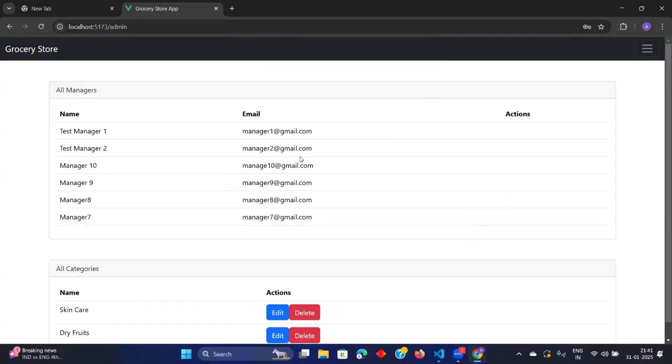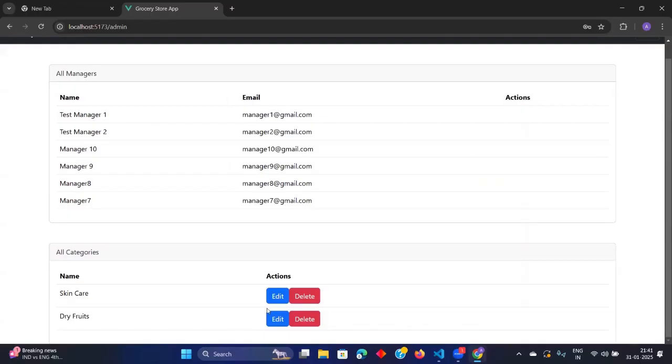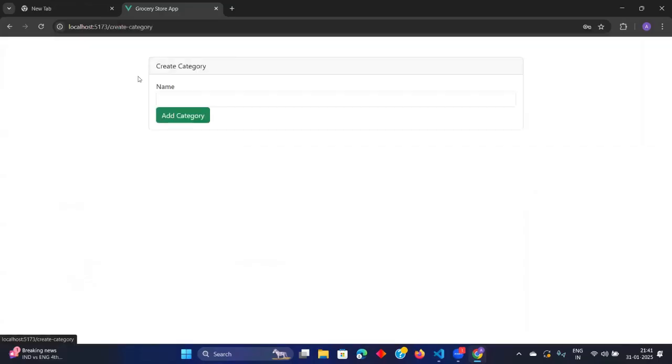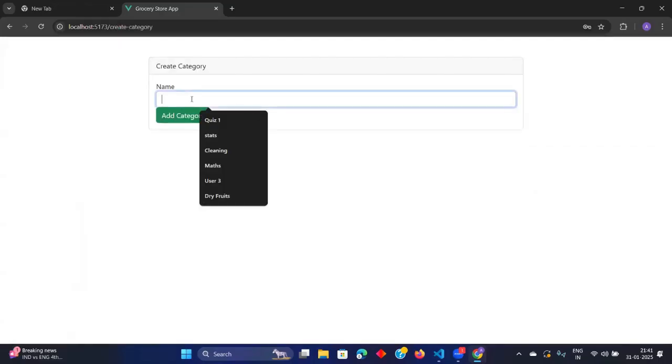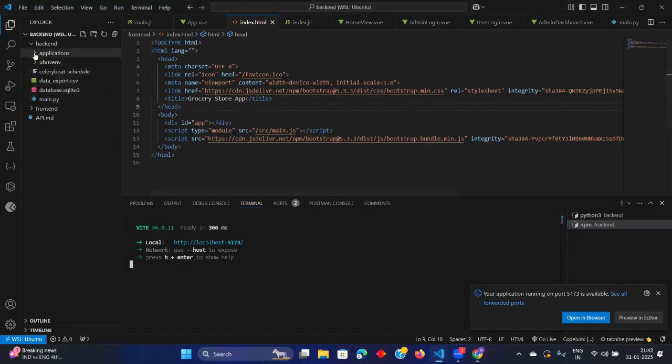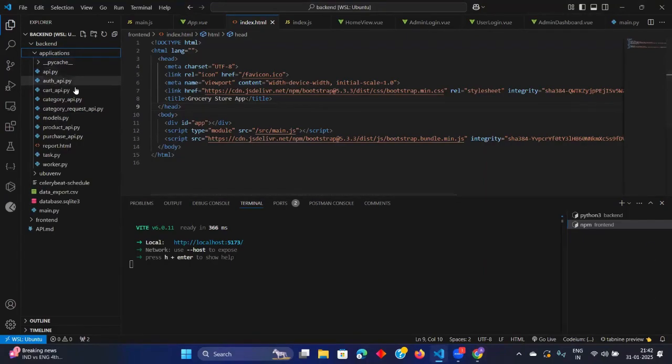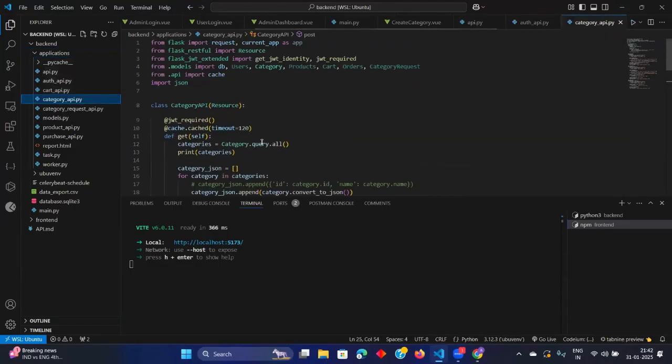So now what we want is our, this is also working fine, right? Create category is working. Let me first comment the cache thing. Category API, he has used this cache here.